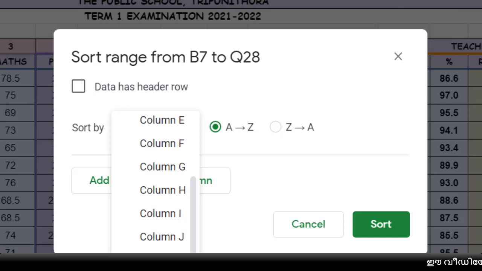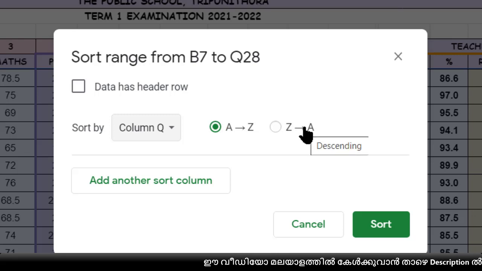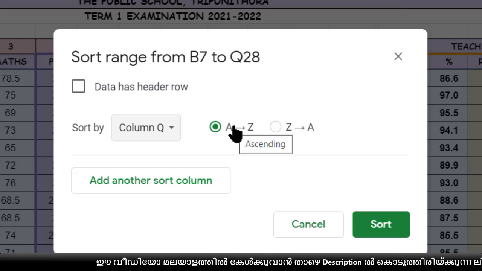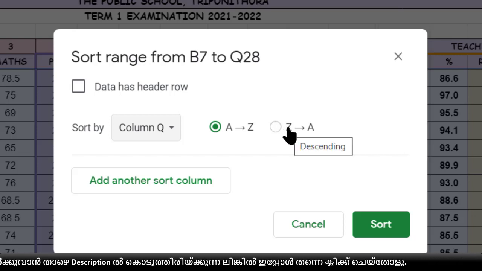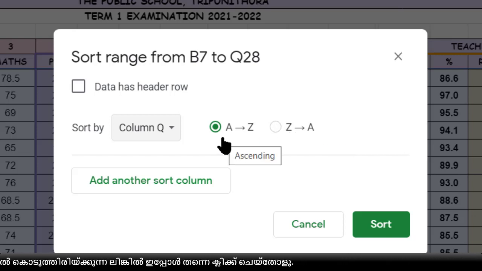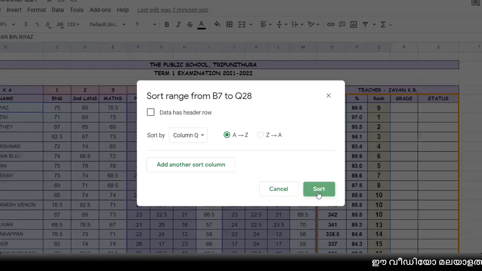Now this is ascending order and this is descending order. Ascending means the smallest will come first, and descending means the highest will come first. We need the first rank first. First rank means number 1, and number 22 last. So we need the smallest number first. So this is correct, ascending. Select this one and sort.